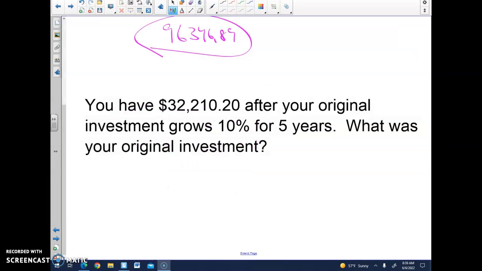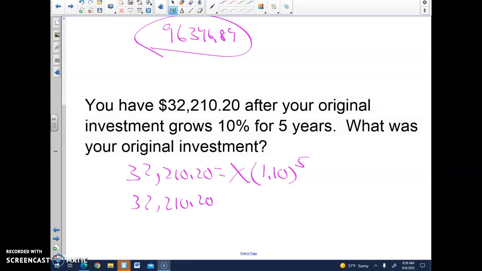The second one is on the other page. I end up with $32,210.10 after my original investment, so that's why the X is there, the original investment is X, increased 10% for 5 years. So now I'm just going to do a 1.1 raised to the 5th, and I'll actually write the entire number here. 1.61051, and now I'm going to take my